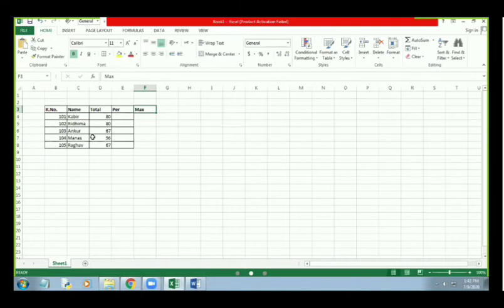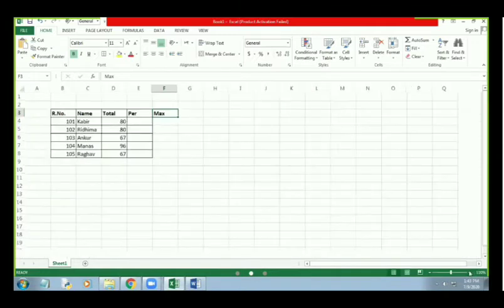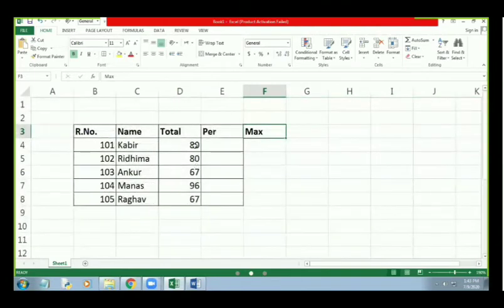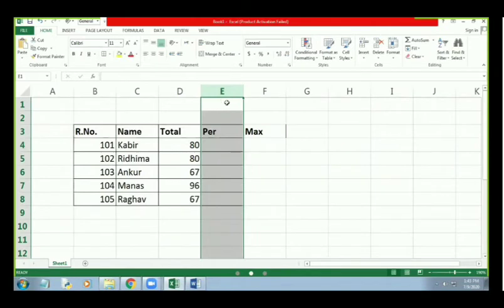Now we can insert a column. For example, here we have to insert a column just before the E column. You can see this is the E column and we have to insert a column here. Then what to do? You can see it clearly here. Click on the column to the left of which you have to insert a column. What we have done here is just click over the header of the column.